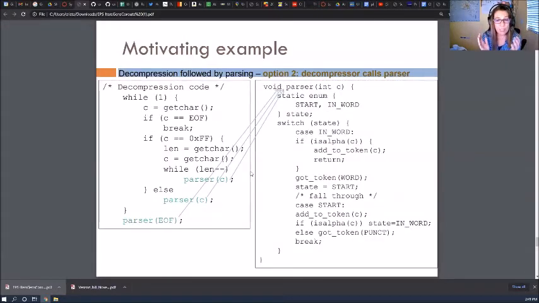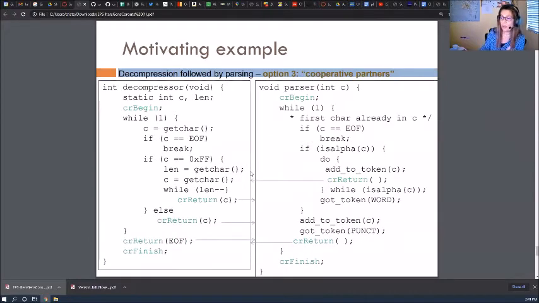But what they have in common is that one of the functions dominates the other. Okay, they are not peers. One of them is dominating the other. One of them is calling the other. So you can also do this with coroutines, and I'm not going to go through the details. I'm not even sure that I understand. This is some sort of a dialect of C that I found on the internet. It's an example of what having peer functions does.